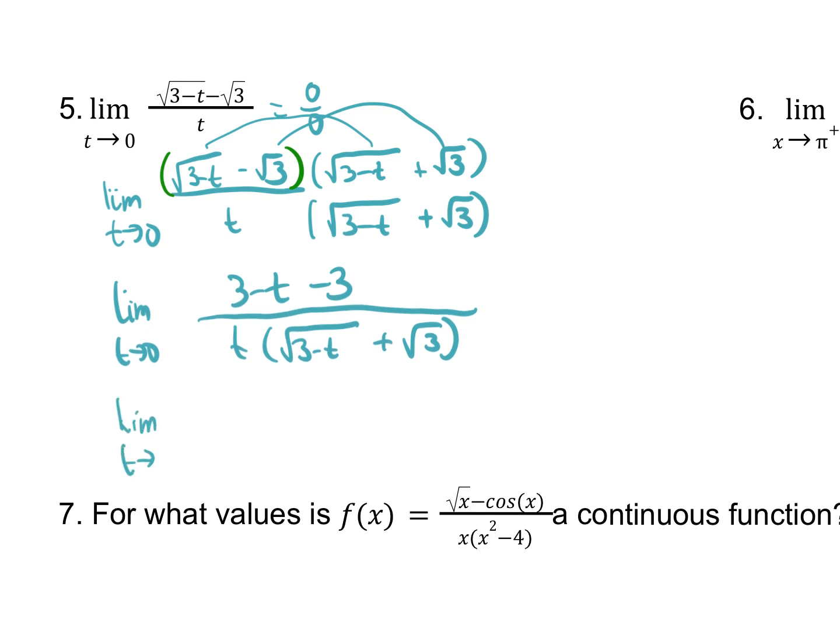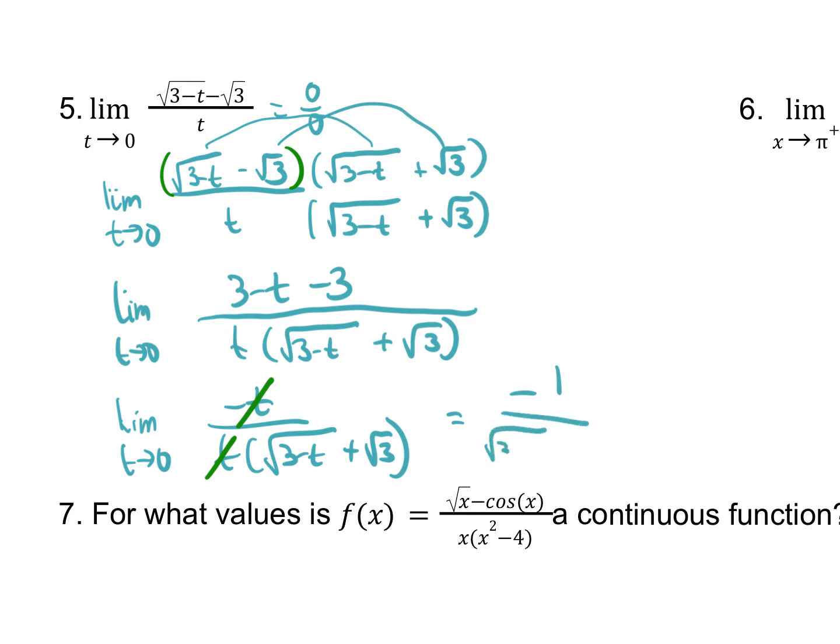So if I cancel those 3's on the top, I get negative t over t times radical 3 minus t plus radical 3. Now this is still technically undefined, but now I can get rid of those t's, and it's going to be negative 1, and then I can plug in 0 on the bottom. So 3 minus 0 is going to be radical 3 plus another radical 3, negative 1 over 2 radical